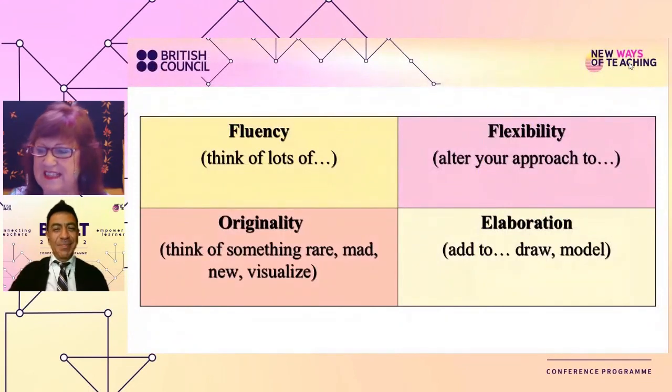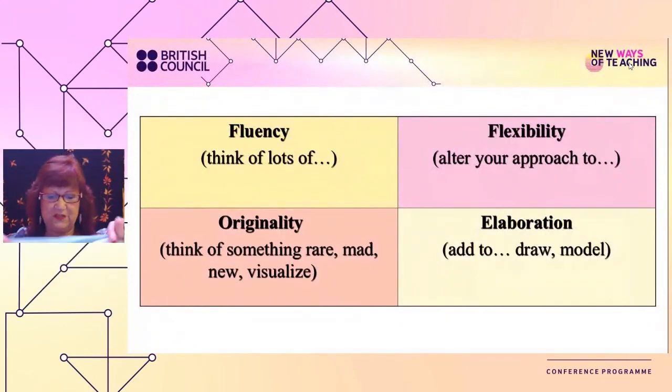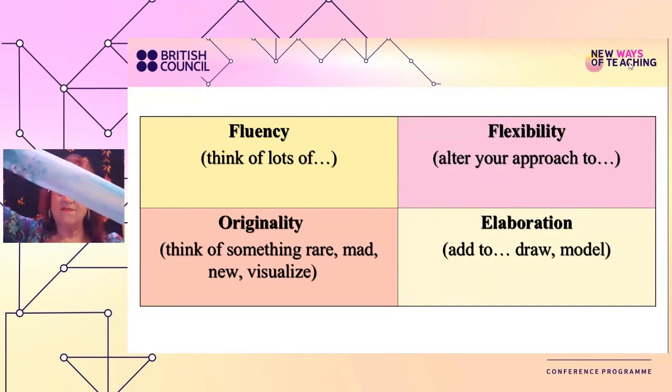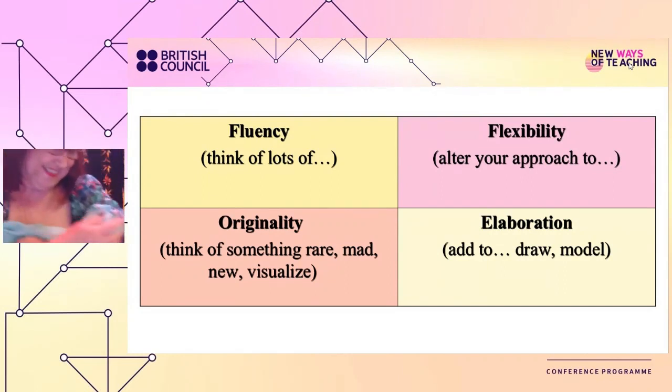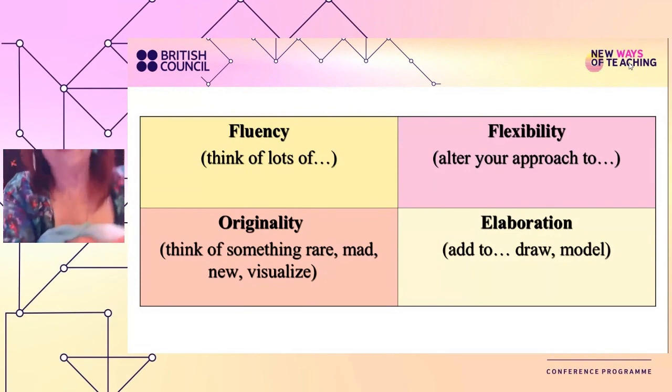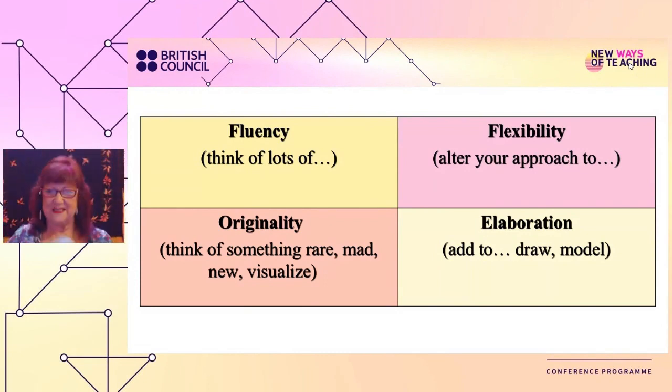And then originality. I was going to ask you all to run and get a long scarf. It can be a scarf, it could be a ball, it could be a ruler, it could be anything you've got at hand, really. And then we say, this is not a scarf, this is a... Can you write in the chat box what it is, please? It's not a scarf, it's a...